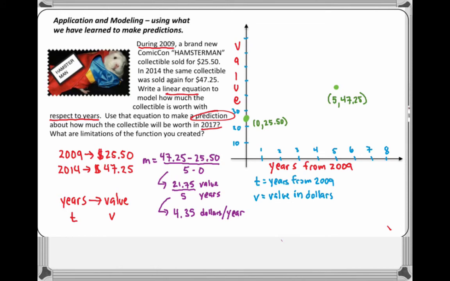Okay, so to go ahead and do this, it looks like we got enough information to put this into the y equals mx plus b form, because we want a linear function. Now let's take a look at placing in the correct variables and the correct numbers here. So y is going to be the value, and if we want it to look slick, we'll have the value equals the slope, which is the amount it's changing per year, a constant rate because this is linear,